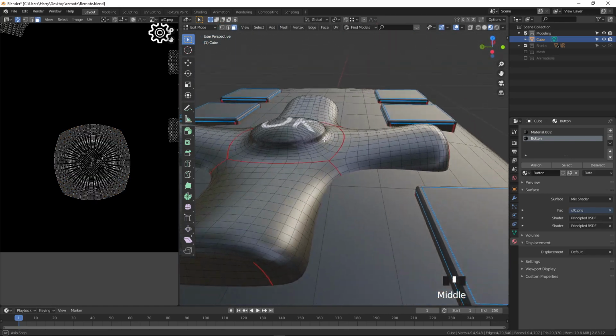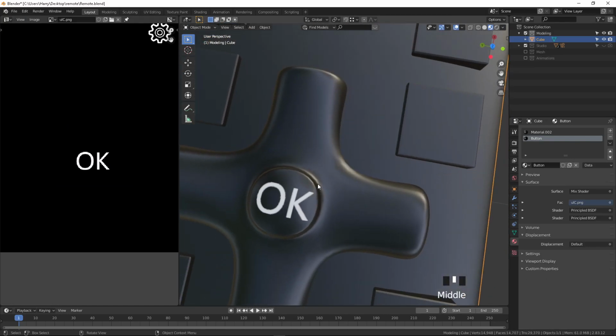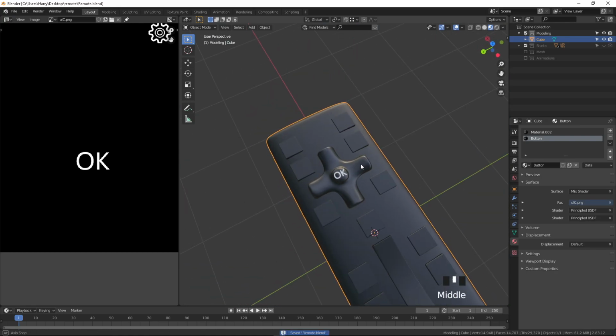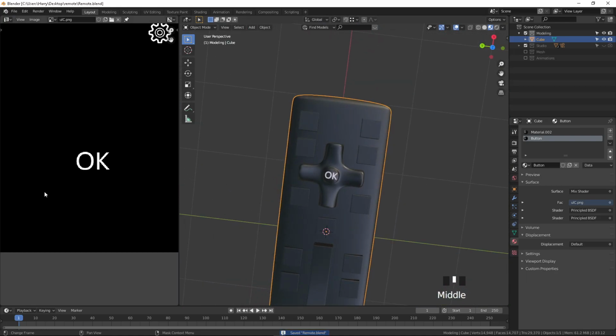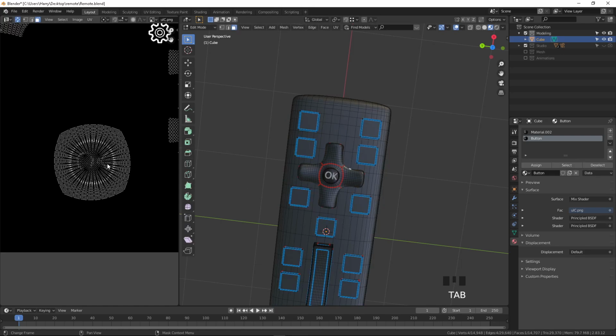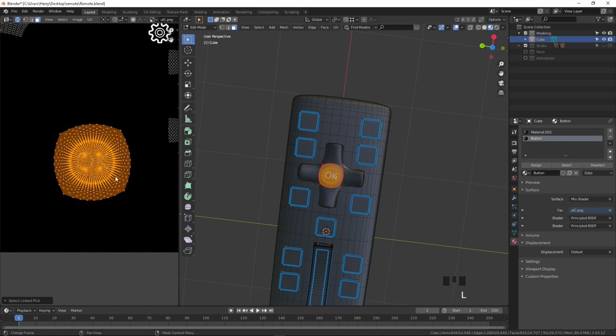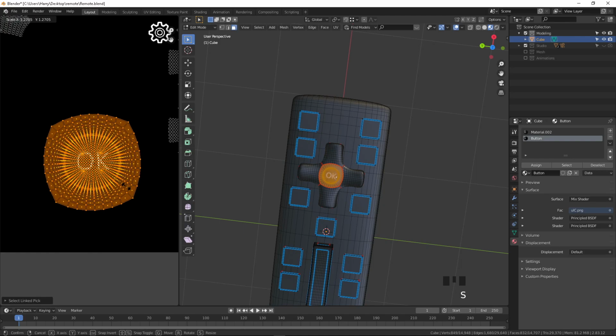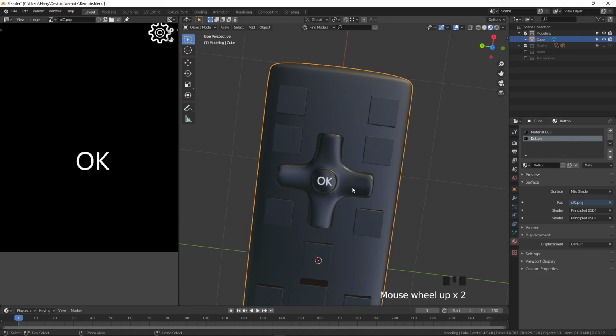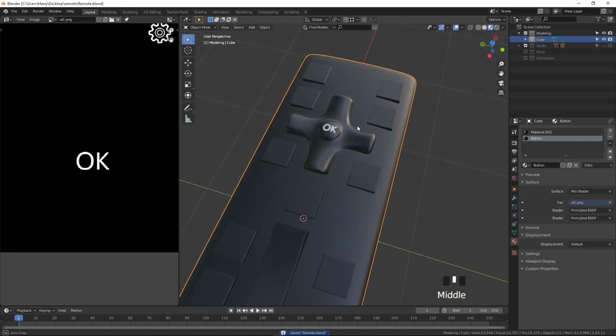Okay, now it looks fine. I go to the object mode. Yeah. Okay, came fine. I feel it wants to be a little bit smaller. I select this, press S to scale again, make it small, and press R to rotate. Okay, fine. So our OK is ready now.